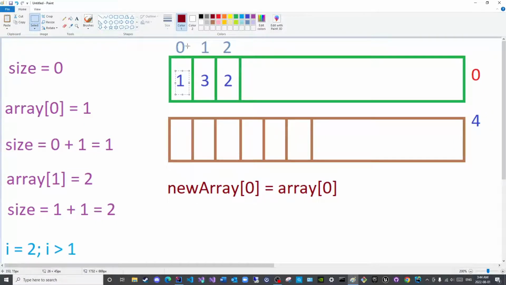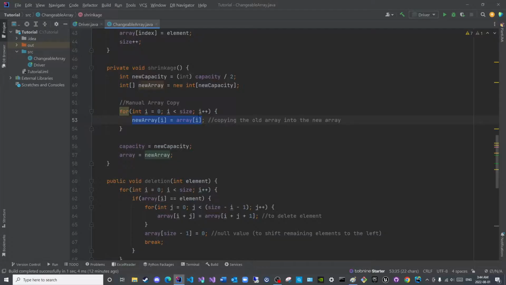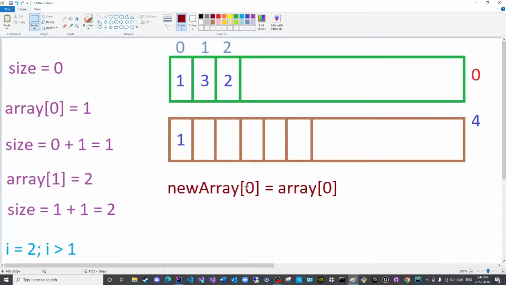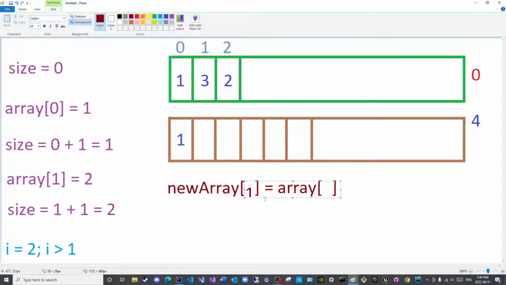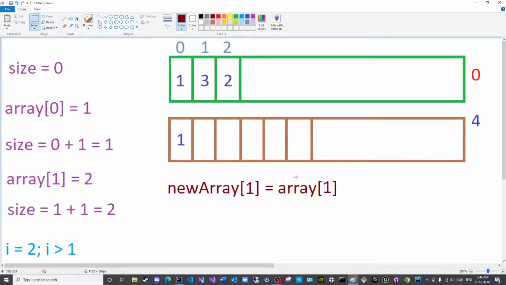So what is the element at index 0? 1. Place it into the new array like so. And then increment i by 1. So the new i will be 1. So we will remove this and remove this and add the new index because of the incrementation in the for loop. Check this upwards like that. Perfect. So what is the element at this index? It is 3. Place it at the same index